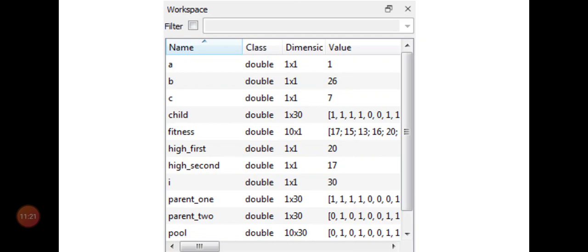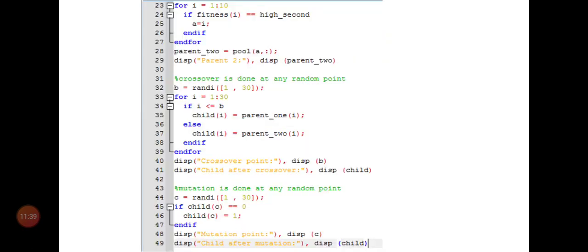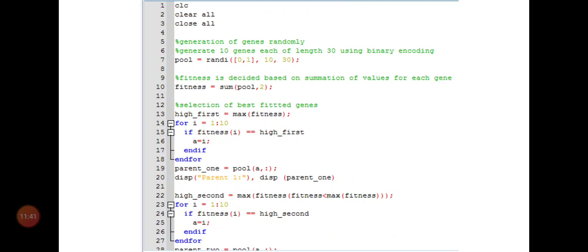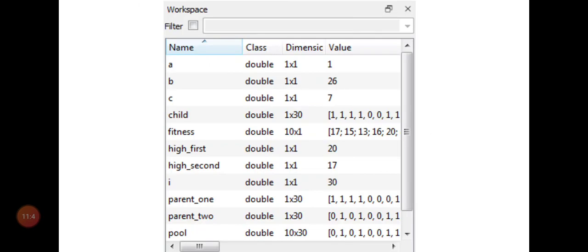Then the child population. The size of the child population will be 1 row, 30 columns. Then the fitness, as I already told, is a column vector, so it is 10 rows and 1 column. Then high first and high second are variables that store the highest fitness value and the second highest fitness value, so these are also integer values. Then I, that was the for loop, we have taken local variables.